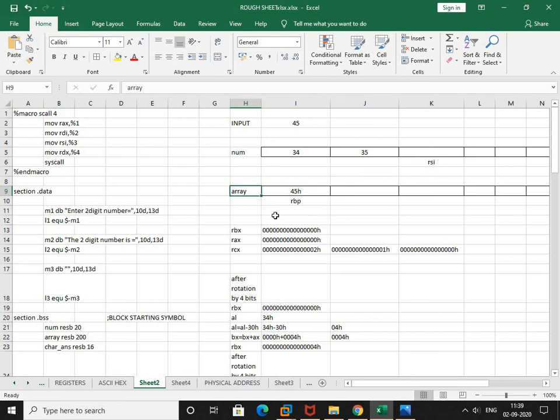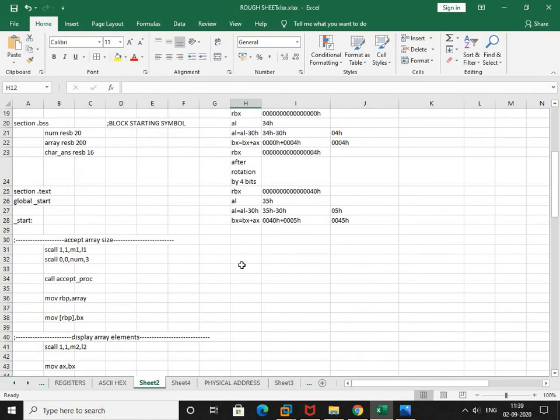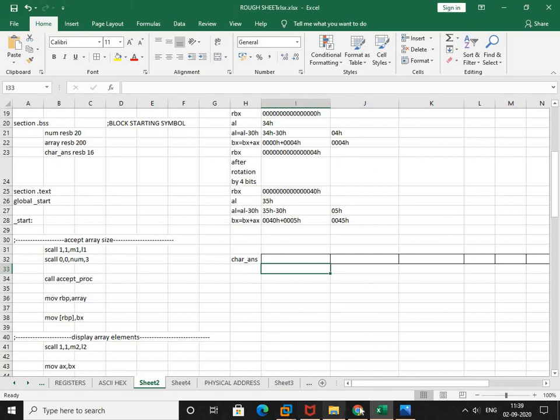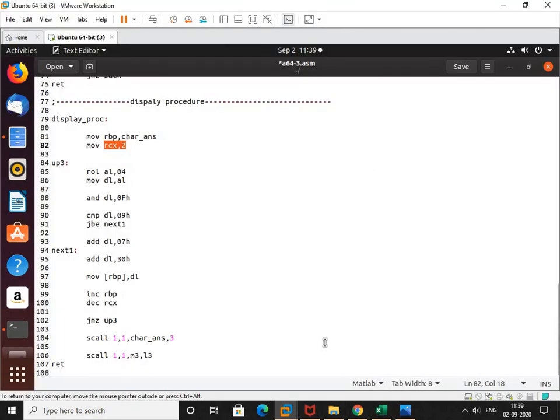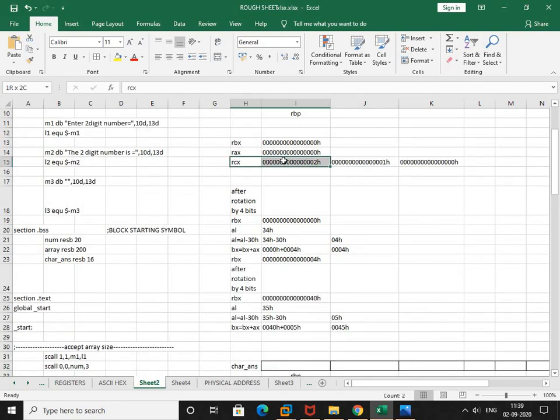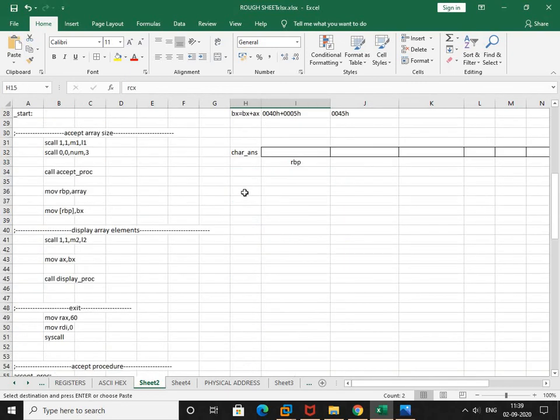Let's put some char answer here. This is again suppose 16 bytes long. What pointer have I taken here? It is RBP. And I have initialized RCX again to 002H.